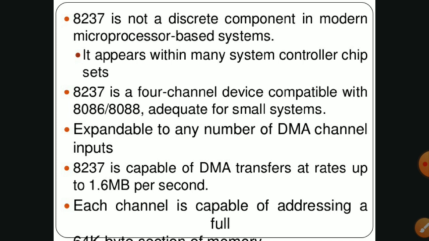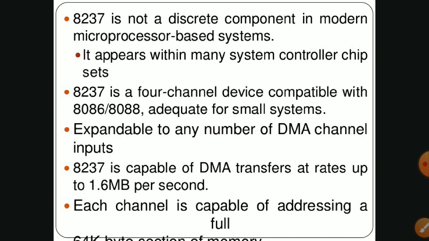8237 is a 4-channel device. The DMA controller has a total of 4 channels: channel 0, channel 1, channel 2, and channel 3. These 4 IO channels are ready to connect peripheral devices to the DMA controller.